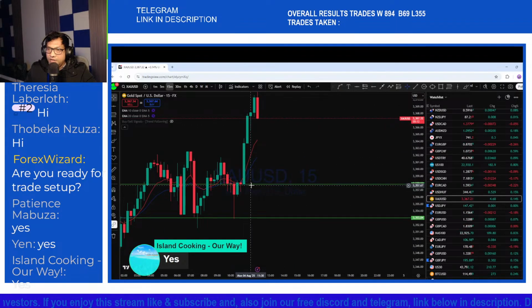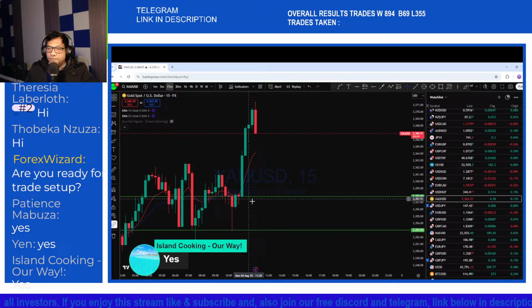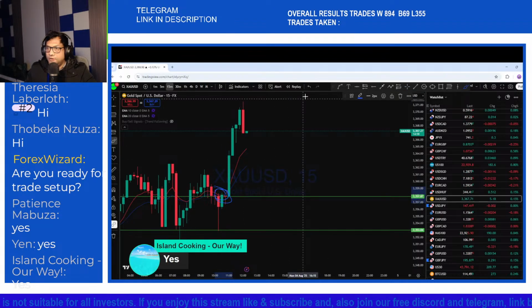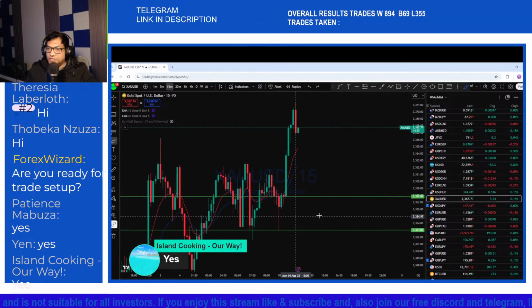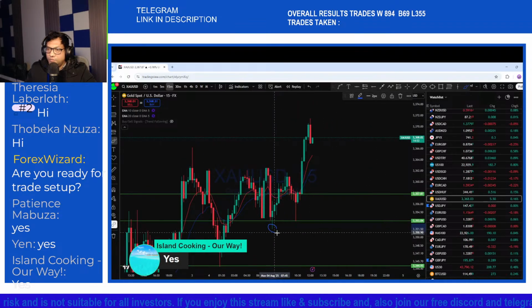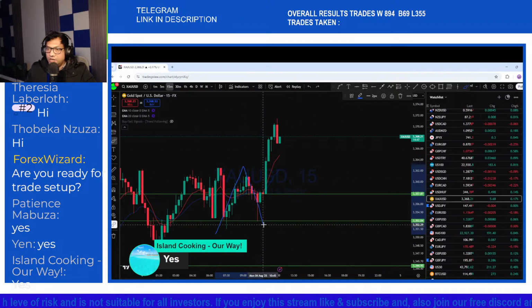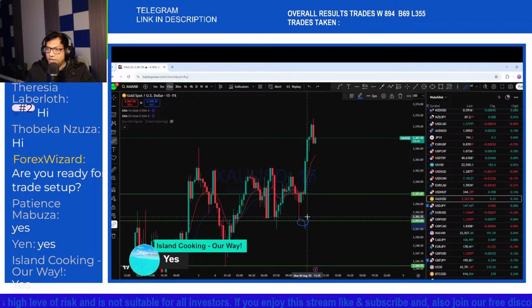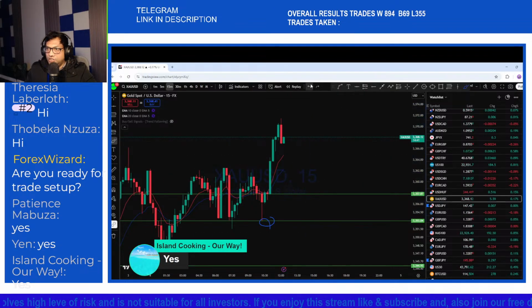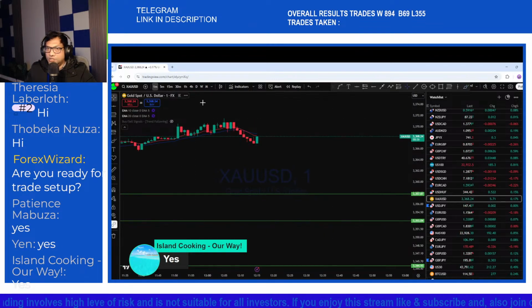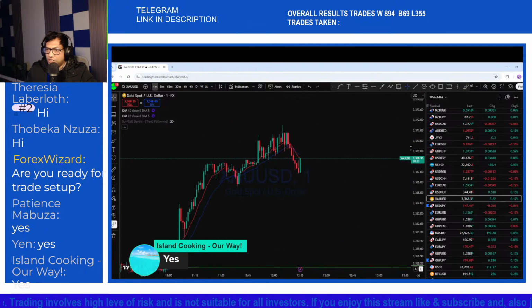If the price comes here for a retest of this support, which in the past acted as a resistance, which is an order block on the lower time frame. This is the 15 minutes chart, and we can see that after the previous session's strong rejection, the market dropped to the pullback, and again we can see the market rejecting back again. If we look at the 1 minute here, we can see there is a breakout structure.